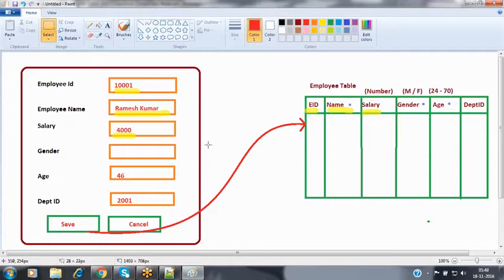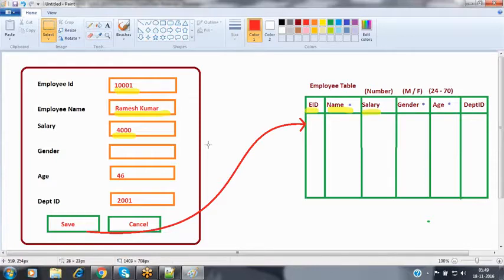So what exactly are the validations here? Validations are nothing but the conditions which are used to validate the data before saving into the associated table. Before saving the record, first of all, we have to make sure whether the user has entered the data for each and every mandatory field or not. If the user has entered the data in those mandatory fields, then we have to verify whether this data is in a valid format or not. So in order to validate the data, and to enforce the users to provide the proper entry of data, we are going to be using validation rules.